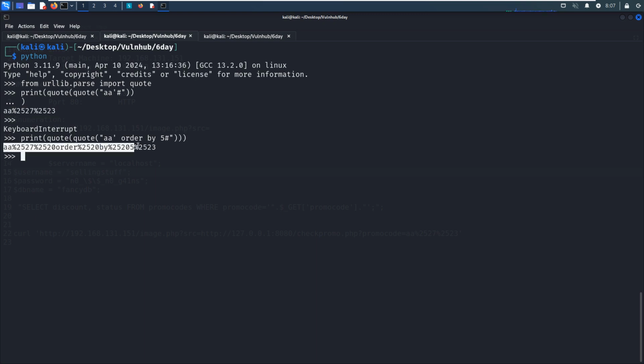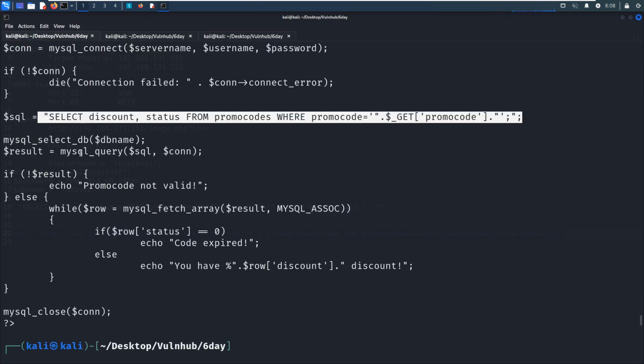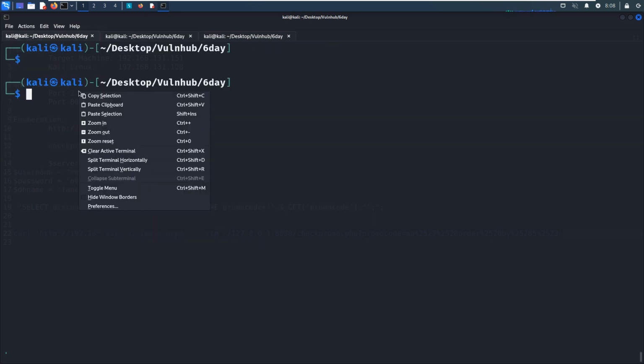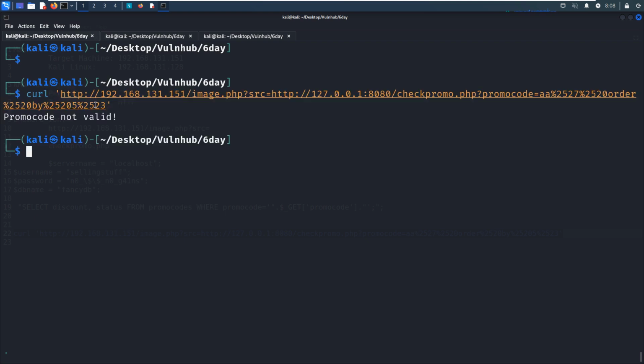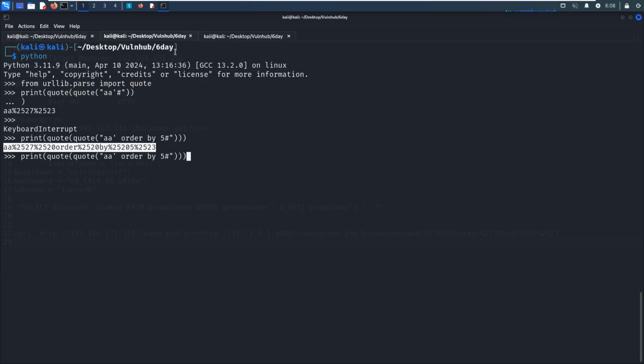Okay, so we can copy and paste over here. I think this would be a much better way to conduct it. I can see we got the error, promo code not valid. So we can reduce the number of columns, for example to 2, and copy again.